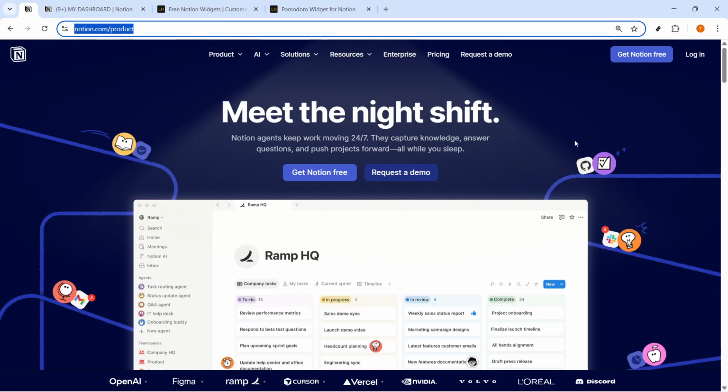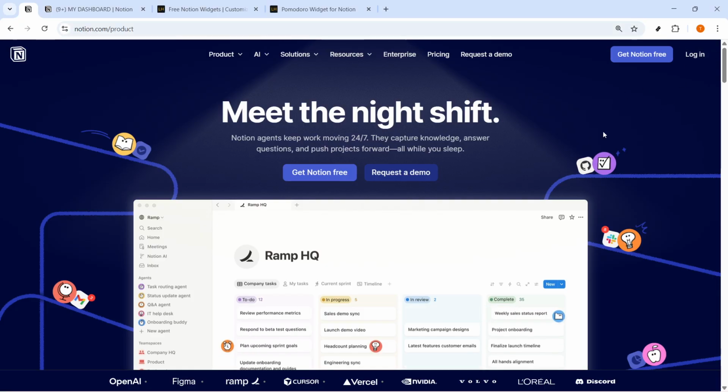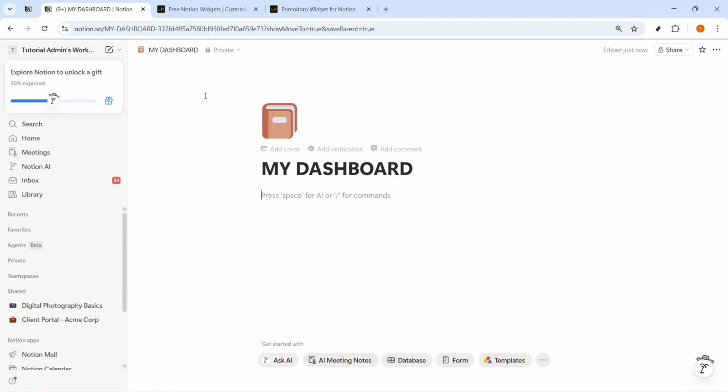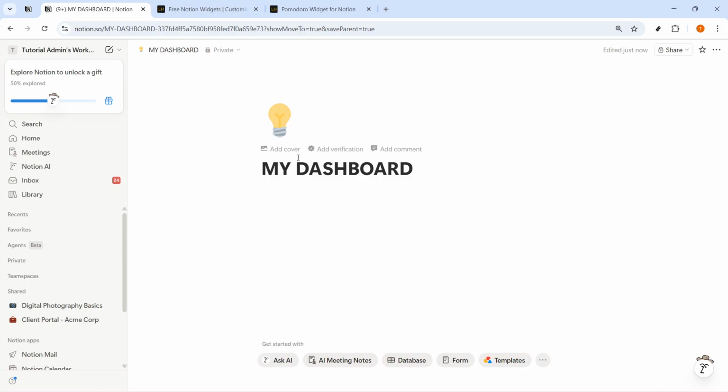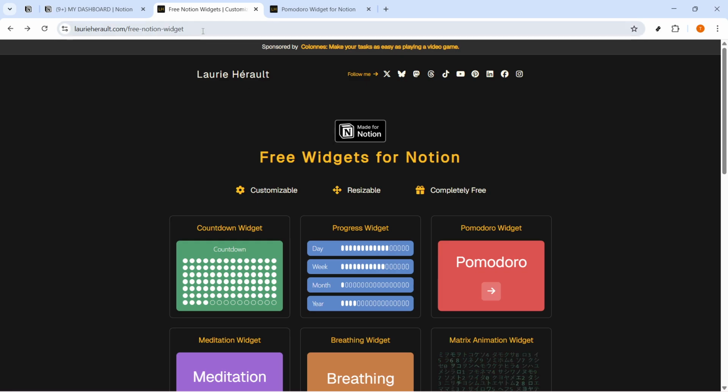Start by opening Notion and making sure you're already signed in. Once you're in, you should be looking at your main workspace or dashboard. From here, go to the left sidebar and click New Page. Give the page a simple title like My Dashboard. This will be the page where you place your widgets, so it helps to keep everything organized in one clean space. Now, open a new browser tab and go to the free Notion widget website at